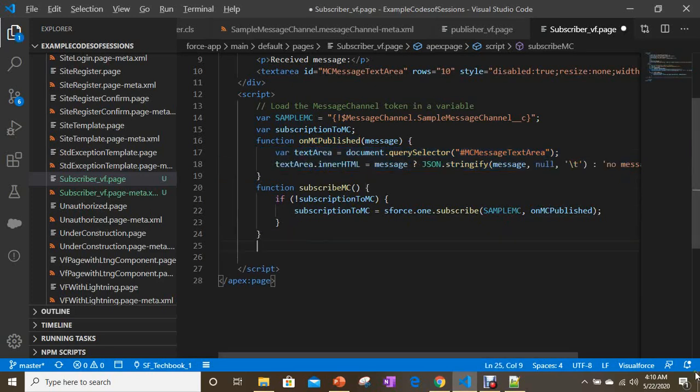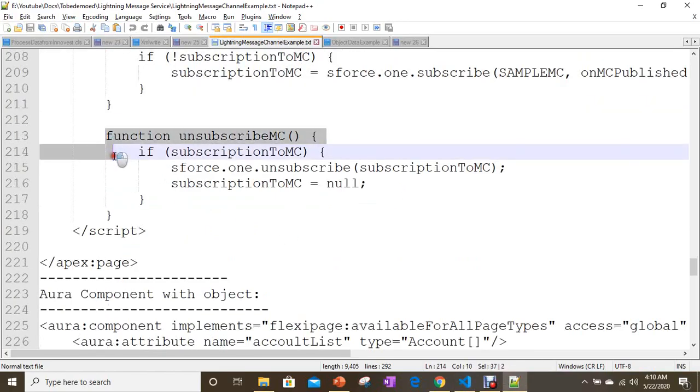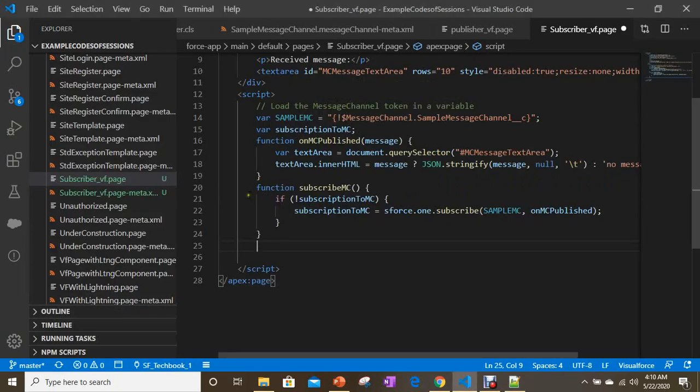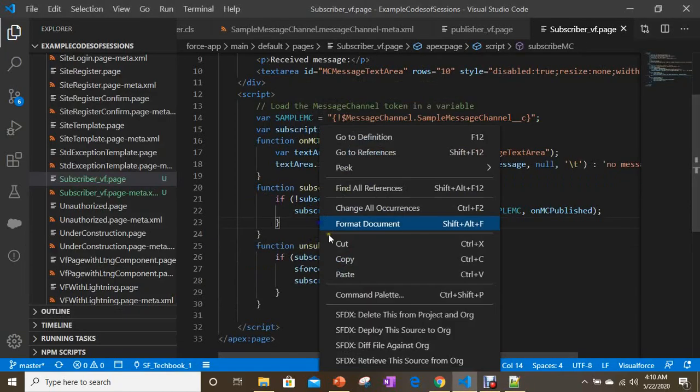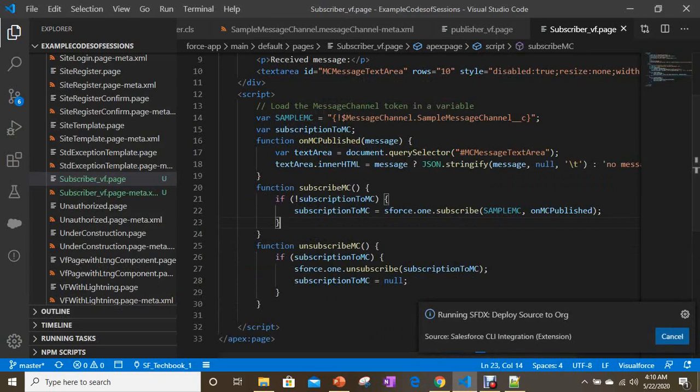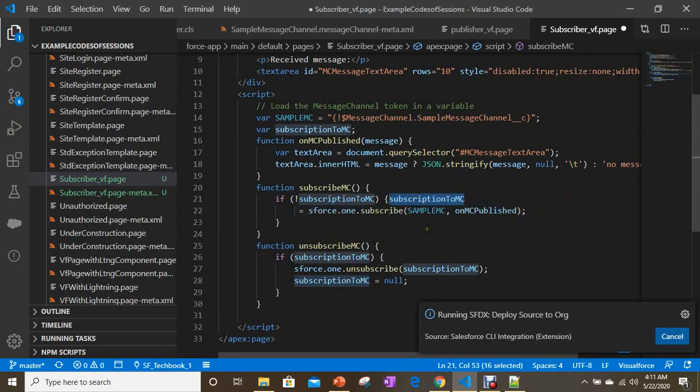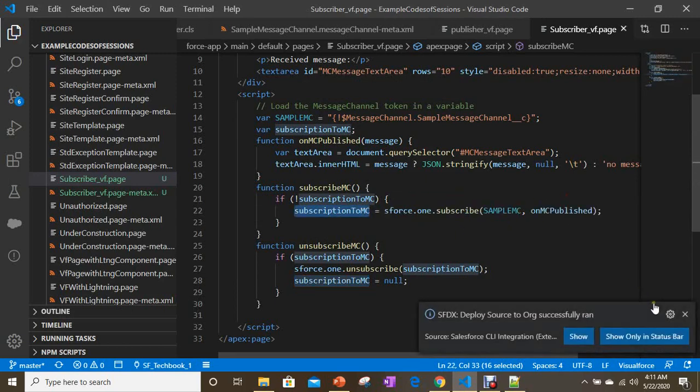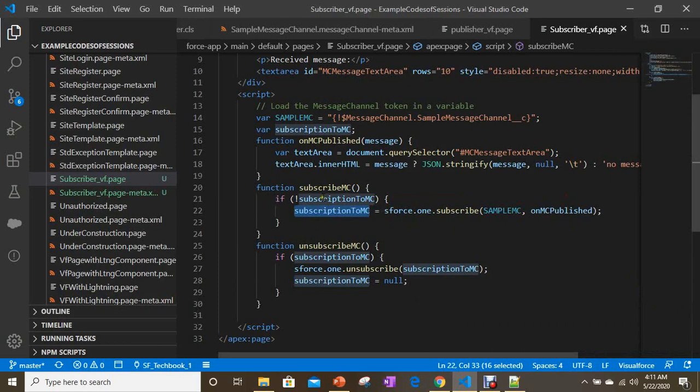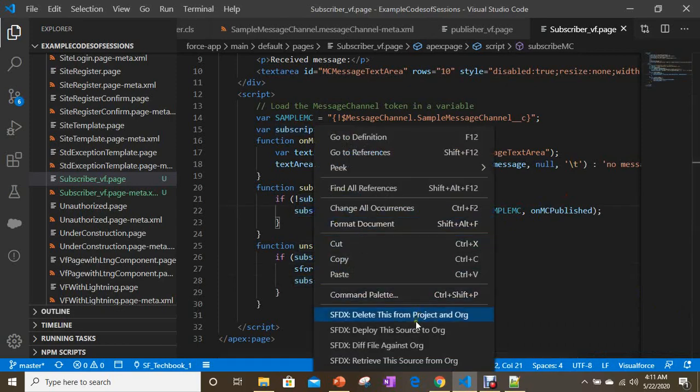And now if you want to unsubscribe, you can unsubscribe simply. Here you're passing the object where you are holding, when you subscribe, the object you get if you successfully subscribed. And with the help of this object variable, you are unsubscribing, nothing else.